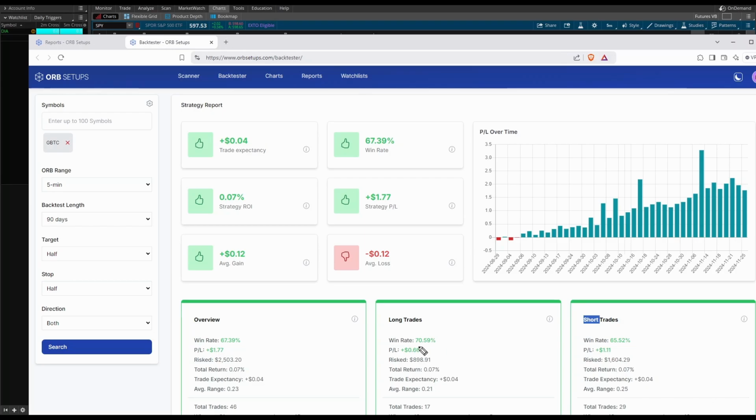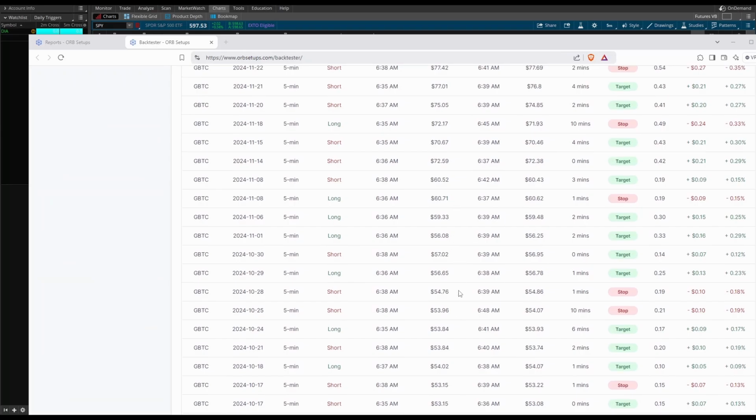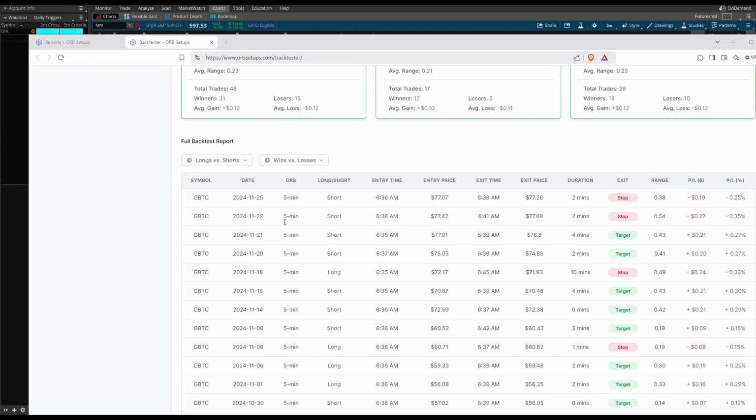So in GBTC, we can see both the longs and the shorts on that 5-minute are doing quite well. 70%, 65% positive P&L across the both. We take a look at our P&L over time, steadily rising. You have a positive trade expectancy, a positive win rate, a positive strategy ROI, and a positive strategy P&L. You can also see the specific trades down here if you wanted to study these in a little bit more